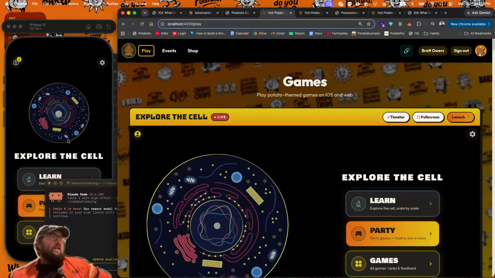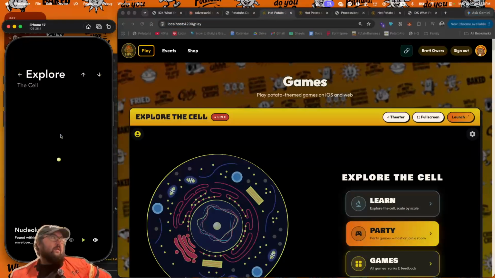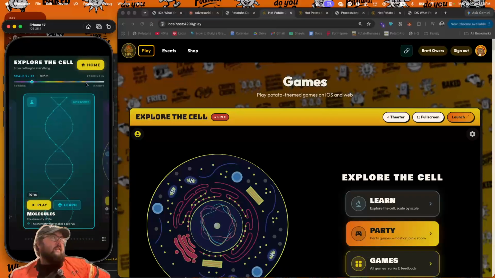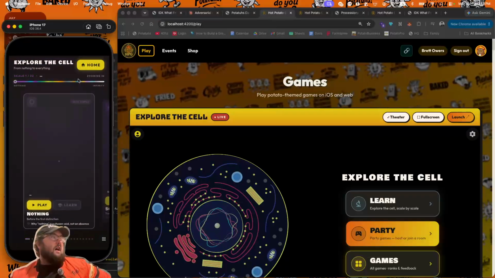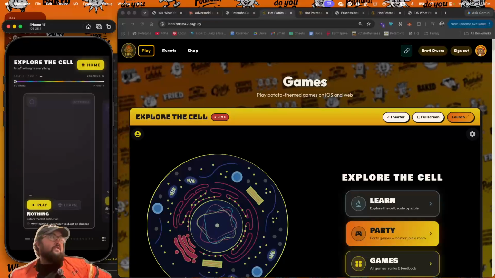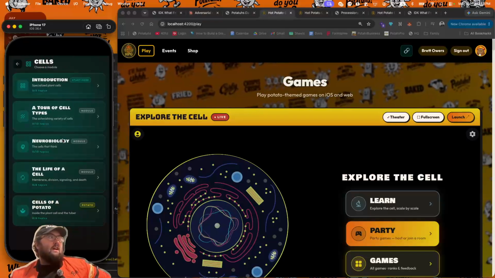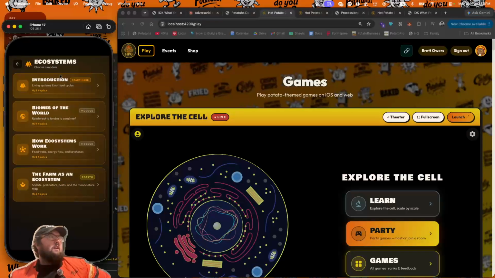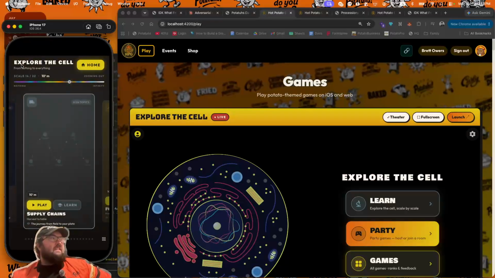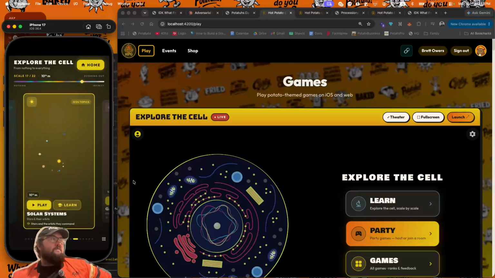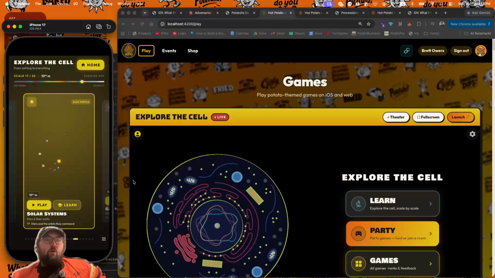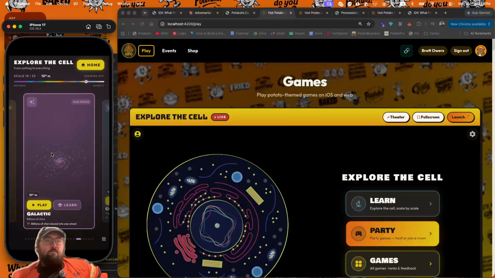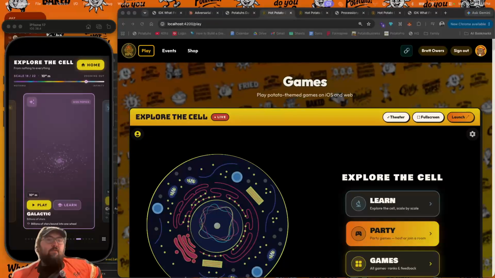this really. So like explore the cell, yes. This is what it was when you click that. And now when you learn, I don't know if I love this gradient thing that much up here, but it's there. It's got modules now, which is cool for the learn session. But the thing is, I never wanted this to be a product where I dedicate myself to making billions of dollars just from Explore the Cell. That's my way of justifying poor quality. So it's not bad. I don't hate it, but it's definitely not